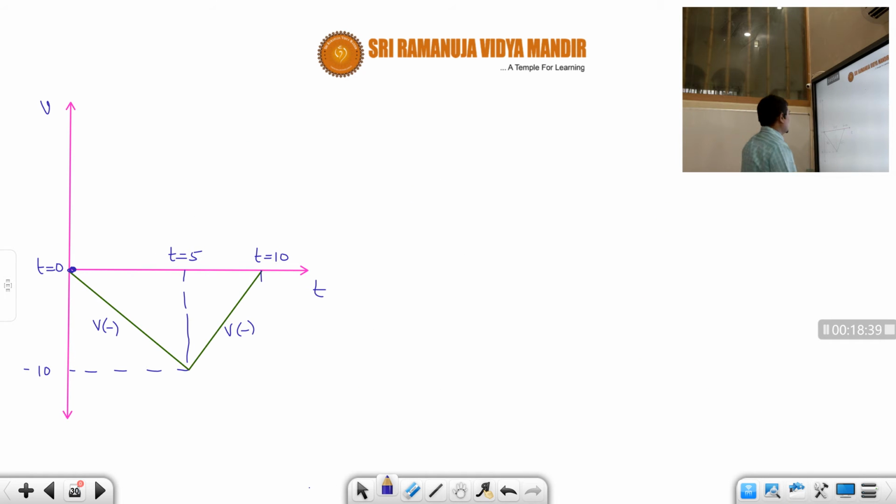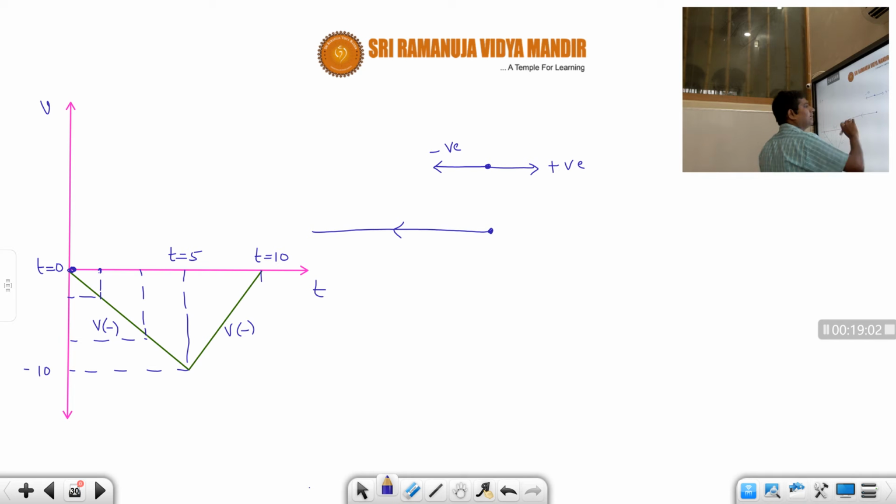Now in this case, the velocity is negative only throughout its motion, correct or not? Because if you take here, its value is here. If you take here, its value is here. So at any point of time from t equal to 10 seconds, the velocity is negative. Velocity is negative means right side is considered positive and left side is considered negative, means velocity is throughout its motion negative, it is going like this only. It is not traveling at any point of time right side, because the graph is not showing like that. It is going only towards negative side.